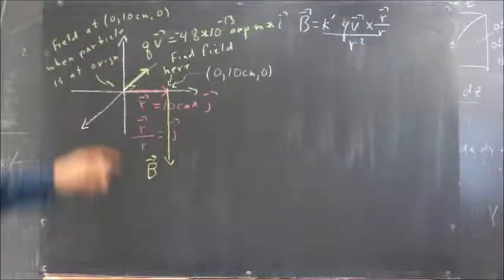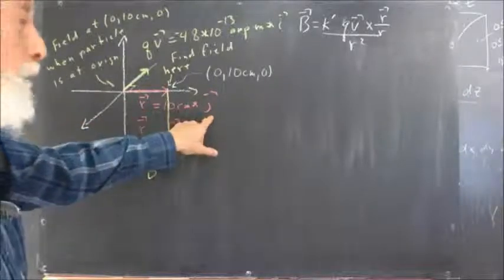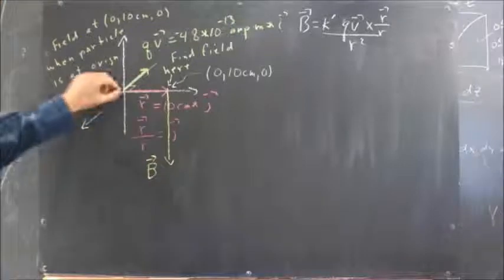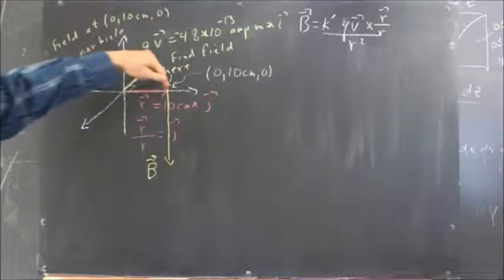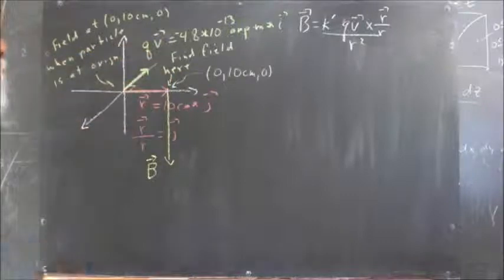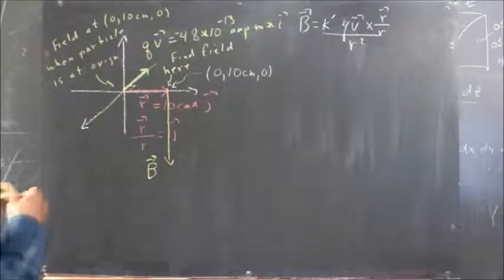So the R vector is 10 centimeters times the J vector. Okay, it goes from the origin to the point 0, 10 centimeters, 0, which is right here, 10 centimeters out along the y-axis. And then our R hat vector, now go ahead and use that R hat notation,